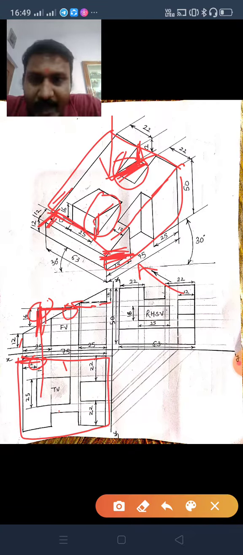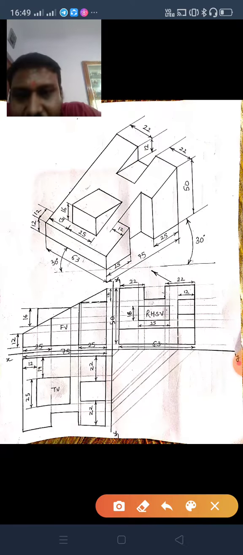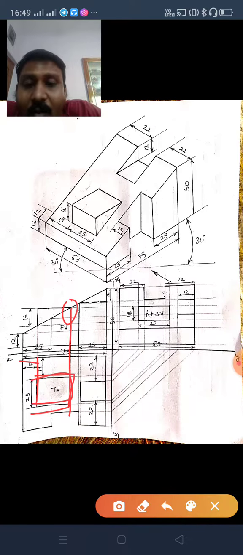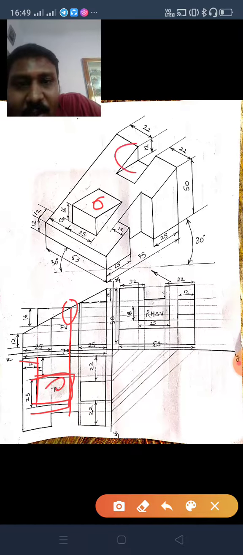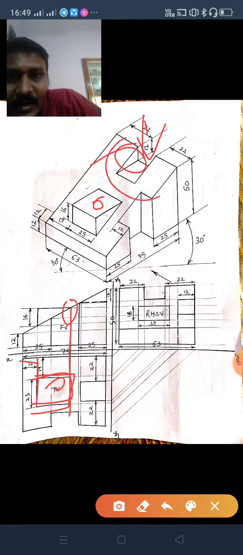So now your front view is completed. Now moving forward toward the top view. You have taken this 12 mm, from here drop 19 mm, drop 25 mm and project this point. From this point project here, you will get this rectangle. Now this much you have drawn here, and this portion is left. When you are looking from the top, you will see this portion also.